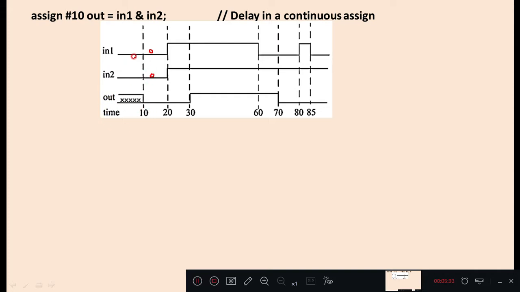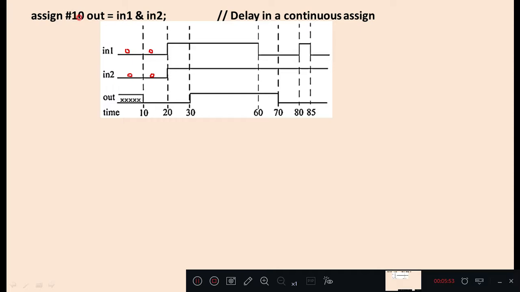The output when in1 and in2 both are 0, the value is not assigned immediately. So initial values of in1 and in2 are, say, 0, 0. Output value will not immediately become 0.